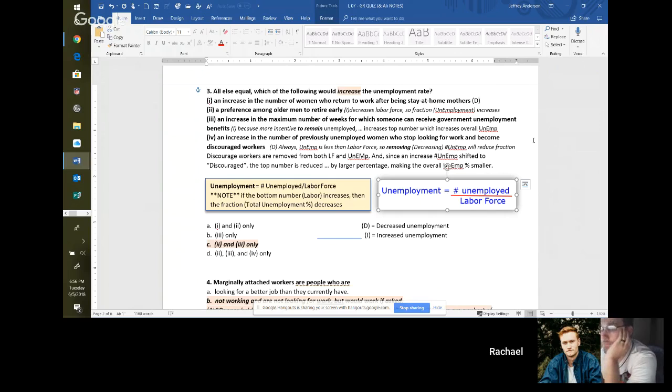They then stopped working and became discouraged. And that was the other point she told me, is discouraged workers do not get counted in the unemployment figures. They don't get counted. So, interesting. Yeah. And so then I asked her, well, then wouldn't that mean that both the top and the bottom would